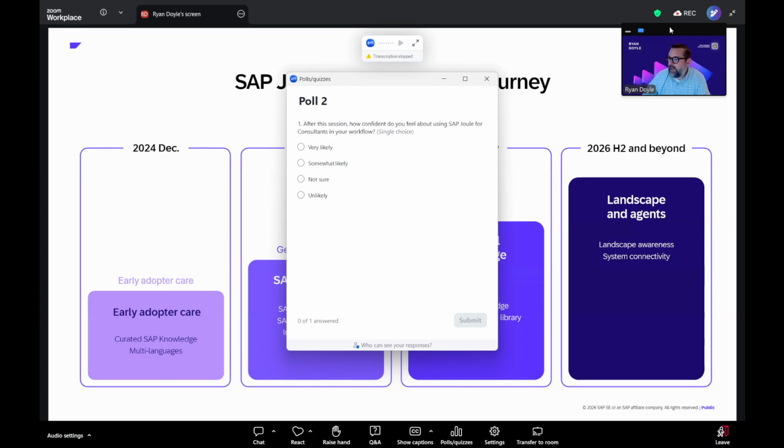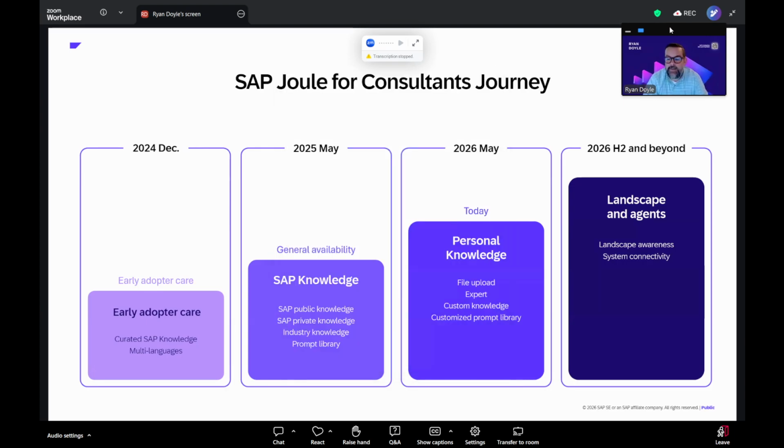So things like file upload in the prompt, but particularly the expert functionality where you can preset context inside of Joule for Consultants, as well as the custom knowledge grounding feature, where you can expose your own documentation source and include it in the knowledge base for Joule for Consultants in a way that is secure and tenant isolated. In addition, there is some other customization that is permitted today around the prompt library and even some of